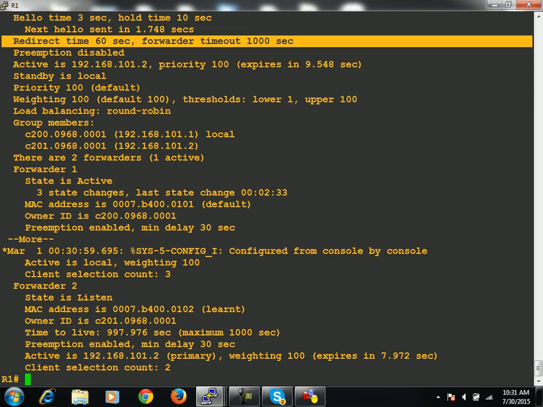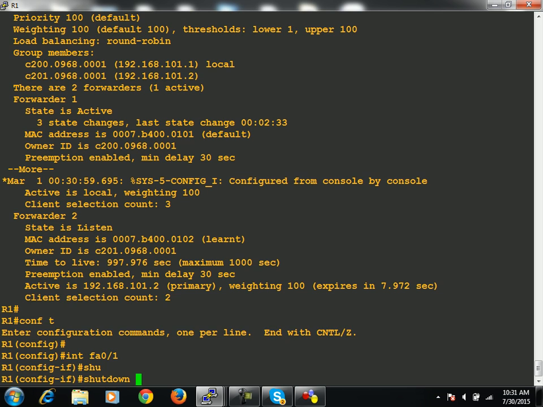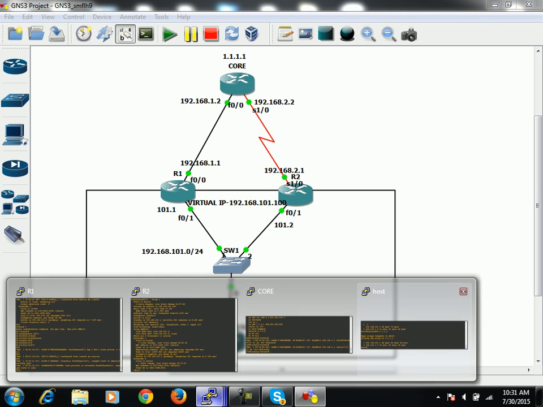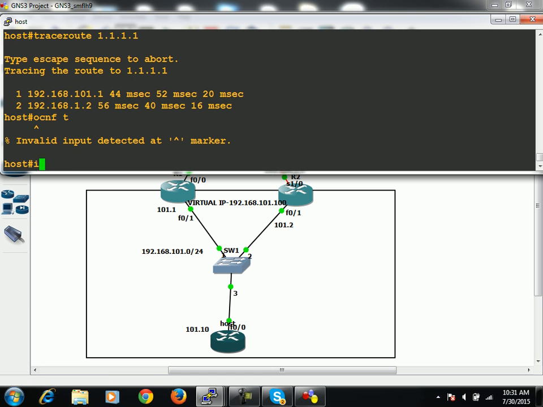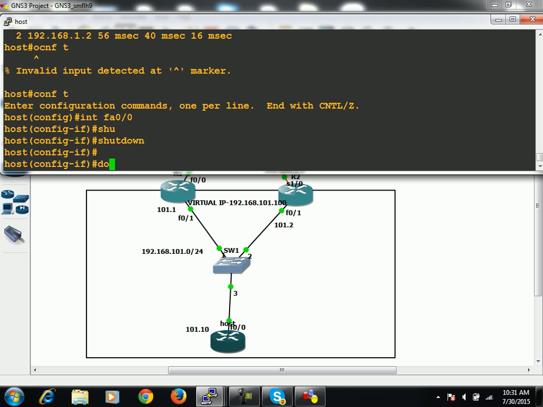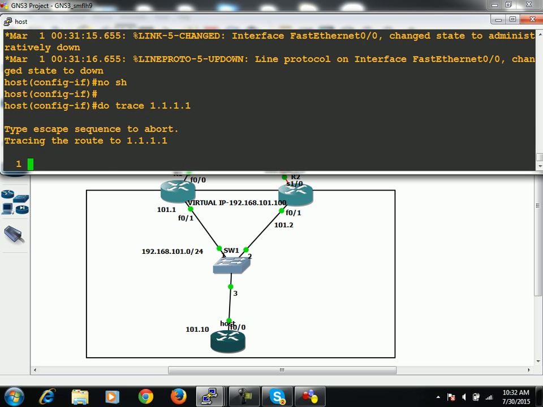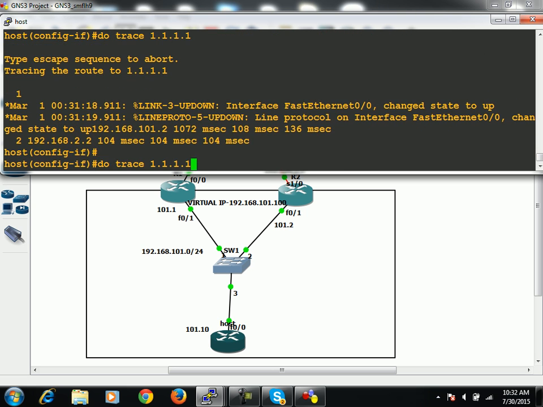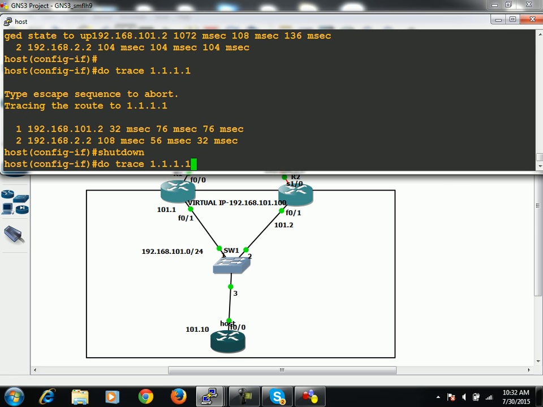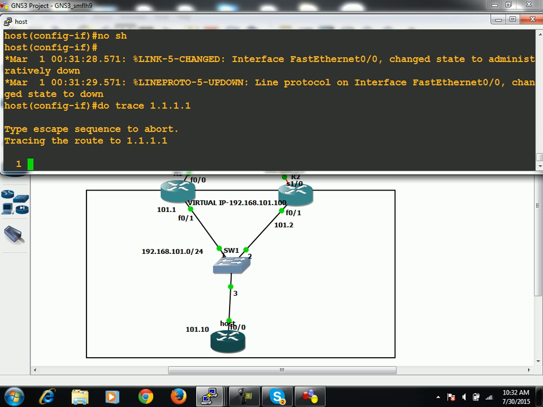Understood? Now what am I going to do now? I will move on to R1 and once again I'll shut down its F0/1. So see, from the host, do one thing, just shut it down, say no shutdown, do trace 1.1.1.1. So it's going via R2, and once again say shutdown, once again say no shutdown, once again say trace route. This time it should go via